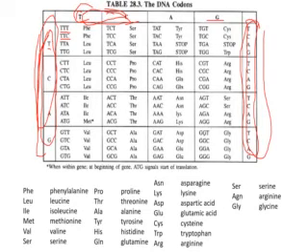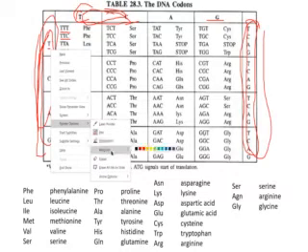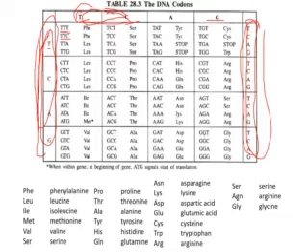Why? The T from here, but let me change the pointer color to green. Next, T, T, C. So you have T, T, C. Again, then T, T, here, A. Then you have T, T, A over here. Next is T, T, G. How do you get T, T, G?